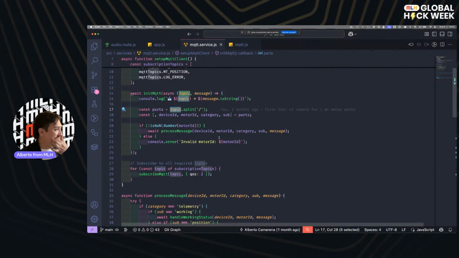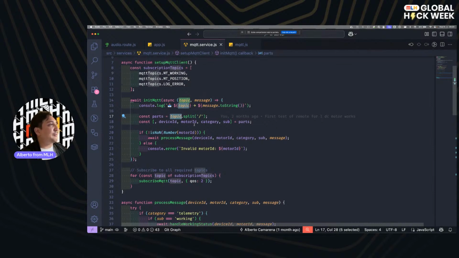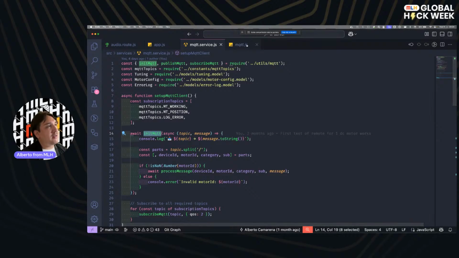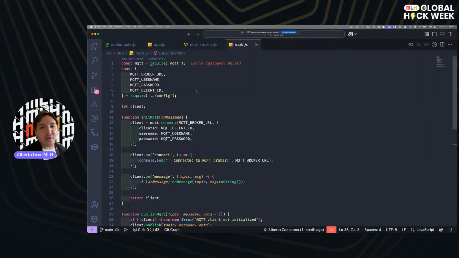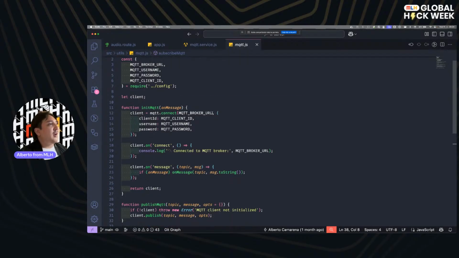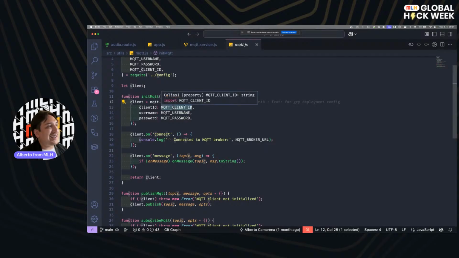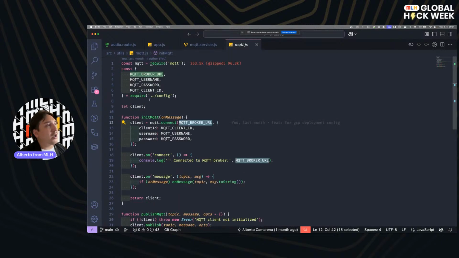So we initialize, and we use init MQTT, which is a function that we require from the utils. That's what I mentioned: this is completely agnostic of the implementation. I am doing an implementation here, so you can completely take this file and implement it in yours, right? The init client connects, passing the broker URL. But what's the broker URL? Well, great question. The broker URL comes from the config file,